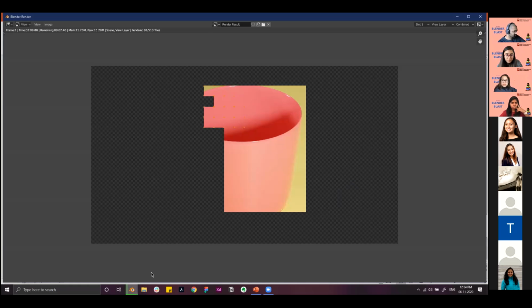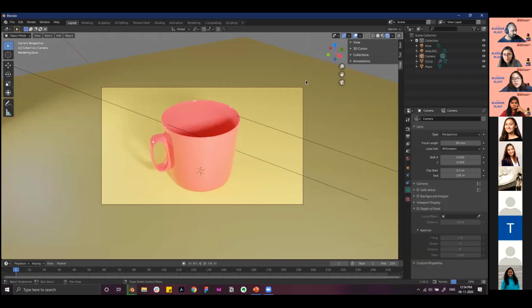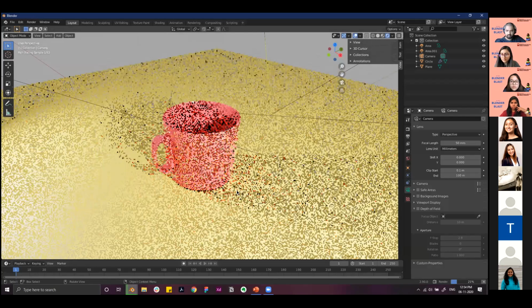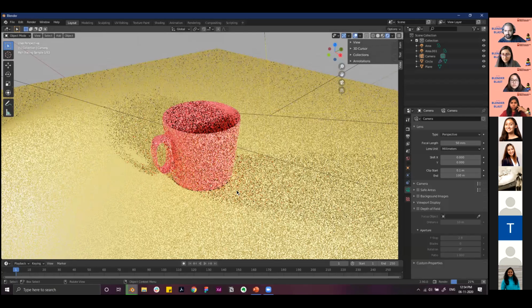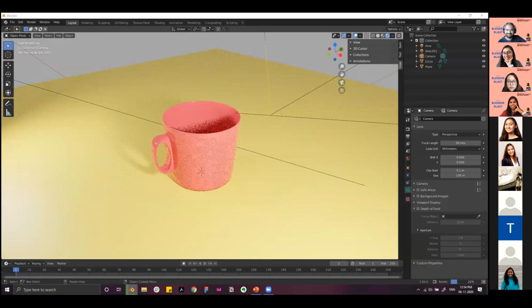Okay, the model's still rendering. Till then, do you guys have any doubts or something we can solve until it renders? Yeah, we'd love to see your marks and how far you've gotten with this process. Oh my God, my mug is really distorted. I wouldn't like to ship it right now. But I think that is the thing with trying it the first time, right?